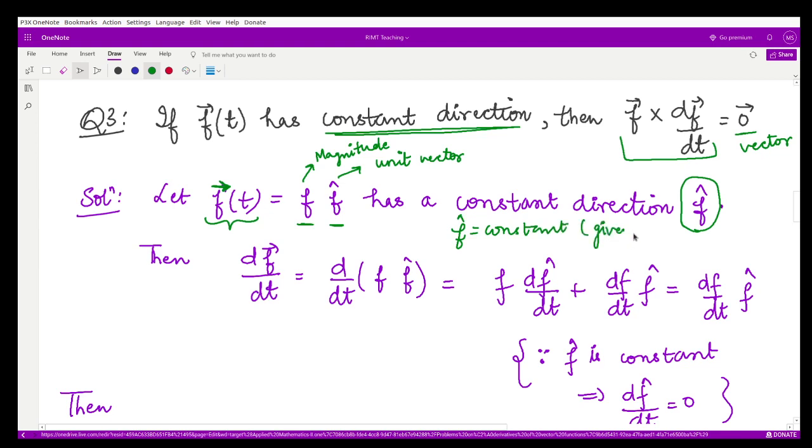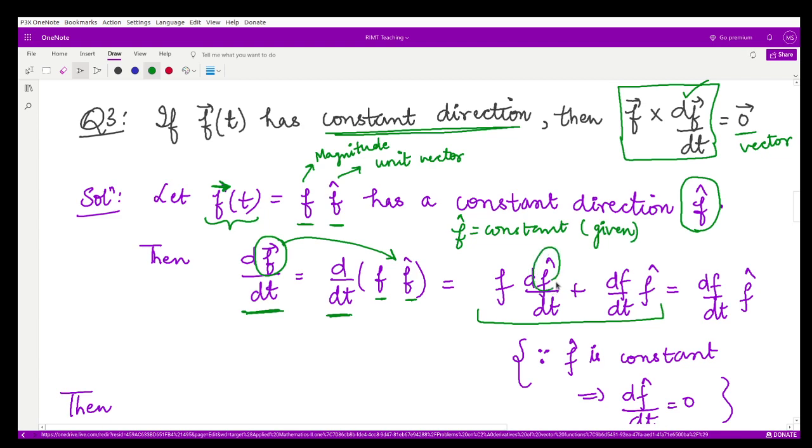If this is a constant quantity, we can now define, because we are interested to look at this particular term, what the derivative for this vector is. So when you take the derivative of the vector, you substitute the value for this vector f to be f into f cap. Now you have two terms and you want to take its derivative. Using the properties for derivative, you can write this like this. And now because this quantity is defined to be constant, which is given to you in the question, its derivative is going to be 0, so you are left with just this quantity. So this is the derivative of the vector f.